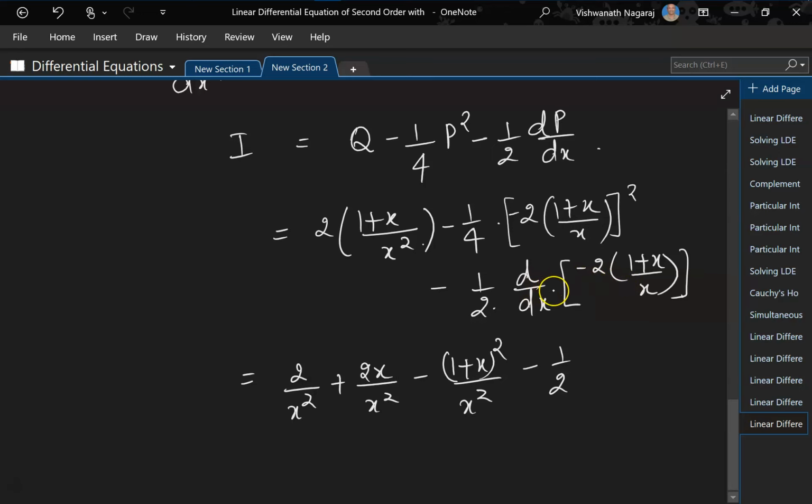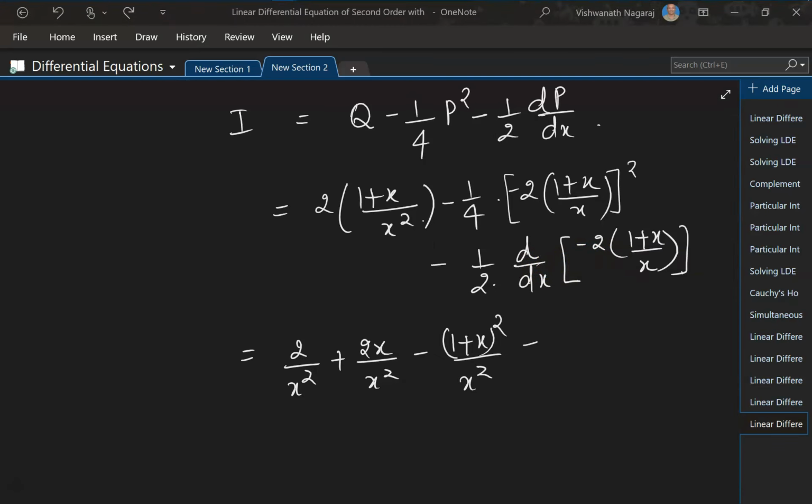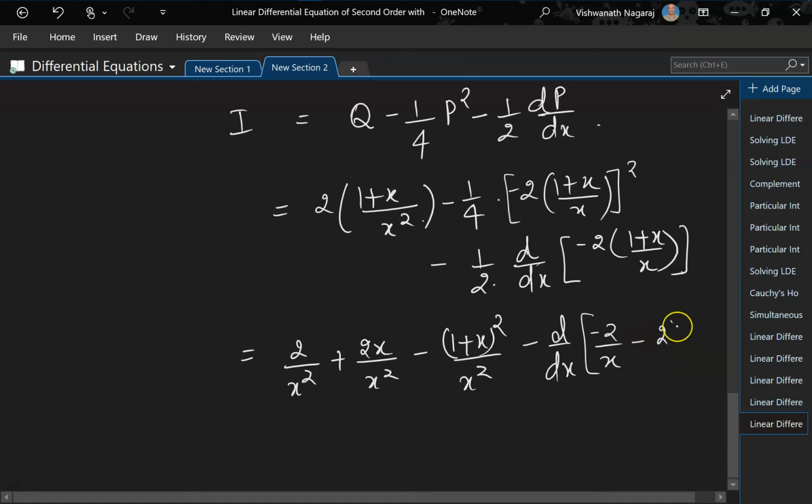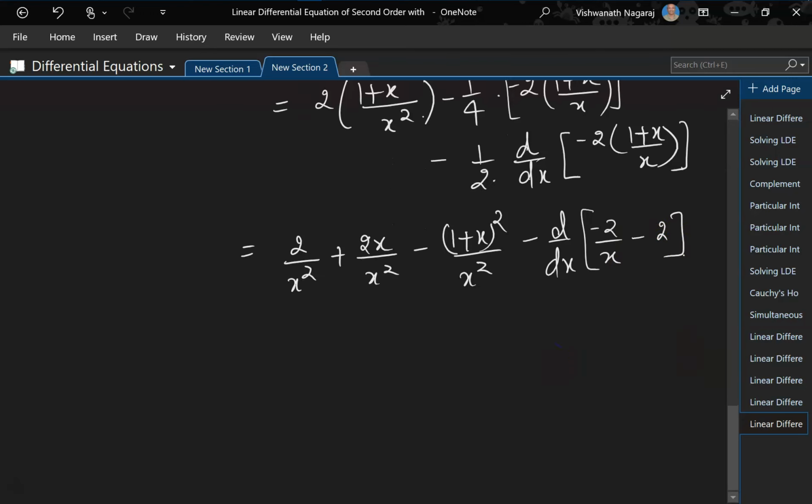So minus 2 can come out. To differentiate this, let's do it in 2 steps to maintain some clarity: 2 by x minus 2x by x becomes minus 2. So this would be 2 by x square plus 2x by x square minus (1 plus x) square by x square